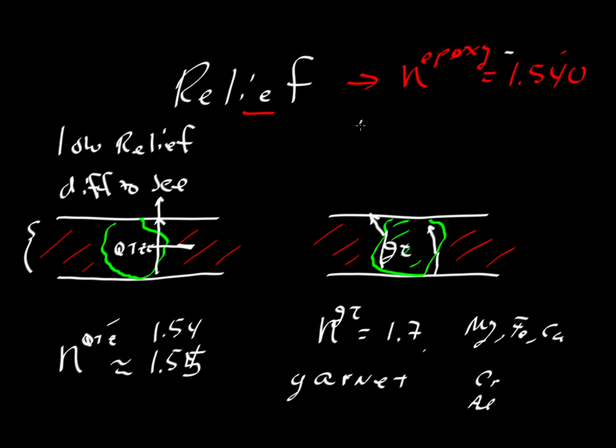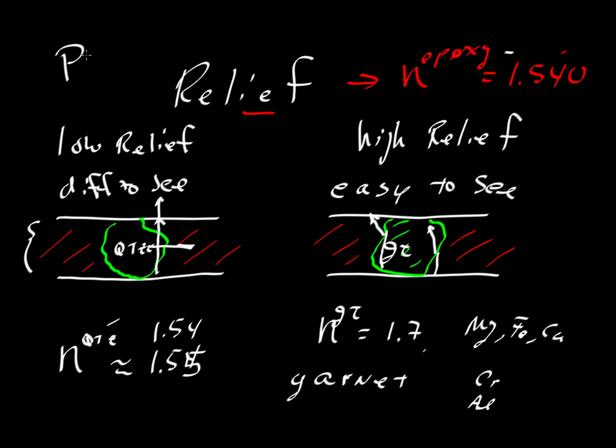Those shadows will lead to something that we call high relief, and we'll see some examples of those in a different YouTube video where we can actually look at different mineral grains. The bottom line for us is that these minerals will be easy to see. They will show up very nicely against the background, so they'll be easy to spot in so-called plane polarized light,